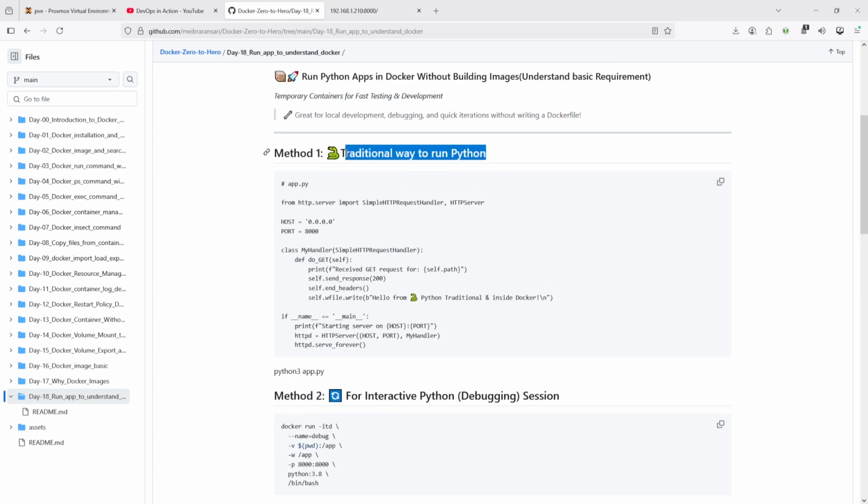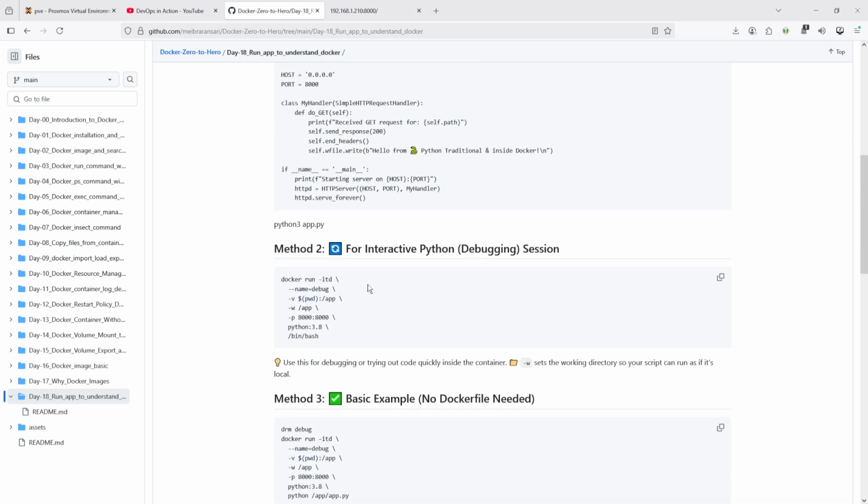This is the traditional way to run Python, but again I am going to use method 2. This is very important. You must always use method 2 for debugging your container. Let's say if you are facing issues creating a Dockerfile or Docker container, in that case you must use this code. So here this is the simple run command, putting the name debug, and